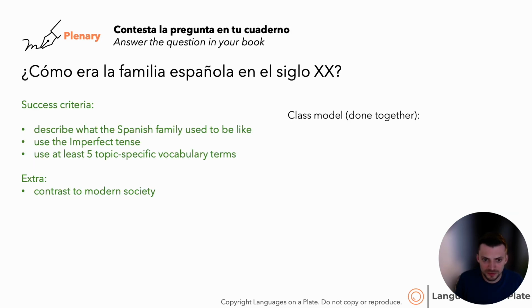And then the final thing that I do, pretty much as a plenary for most topics or lessons, is have the hinge question of the topic. What was the family in Spain like in the 20th century? I've given them a success criteria, again, so they know what I'm looking for. And I've also given them a bit of an extra if they want to go above and beyond. And then I do a brief class model with them,